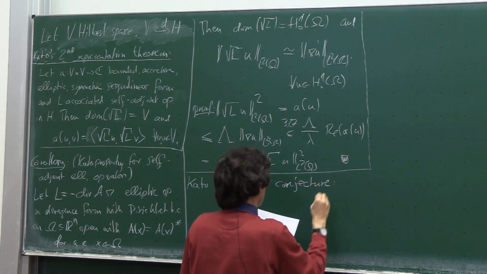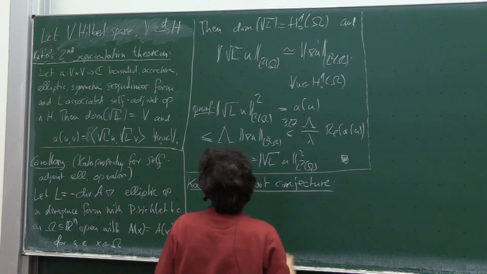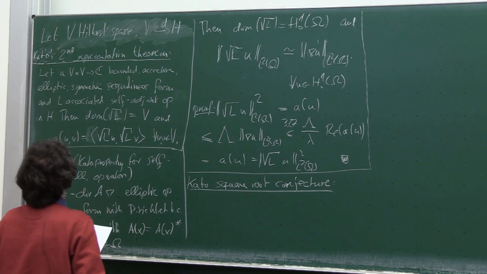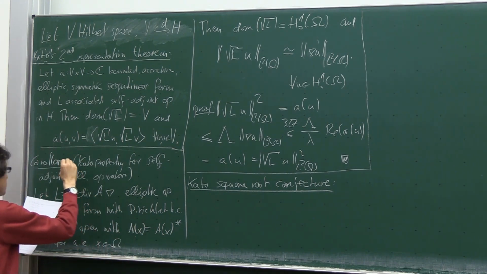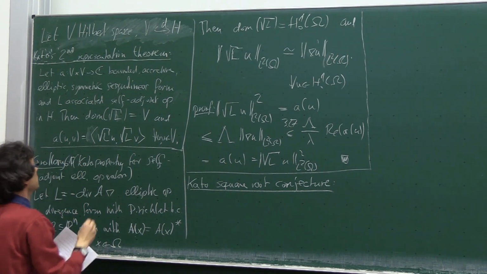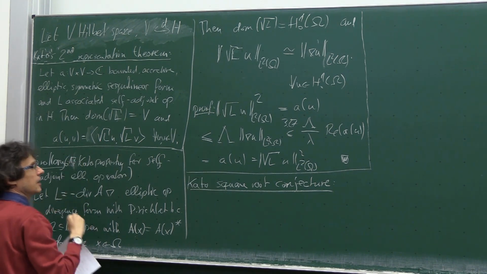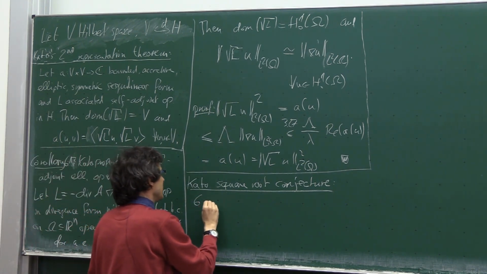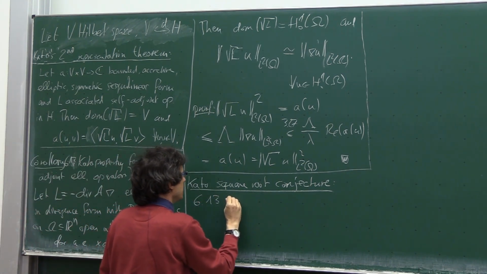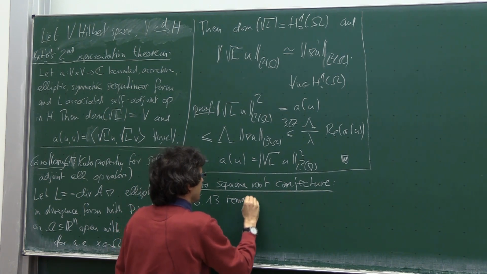And this Kato square root conjecture is the following. It's also Corollary 6.13, which is important because the Kato square root conjecture